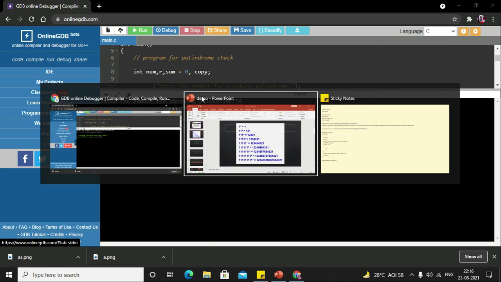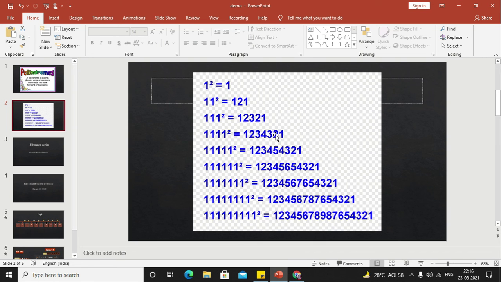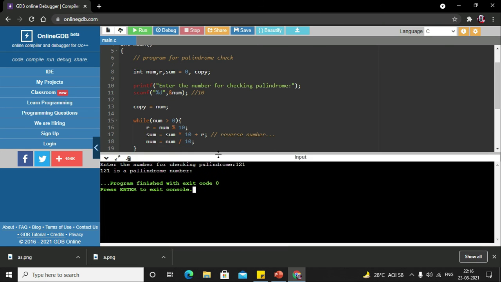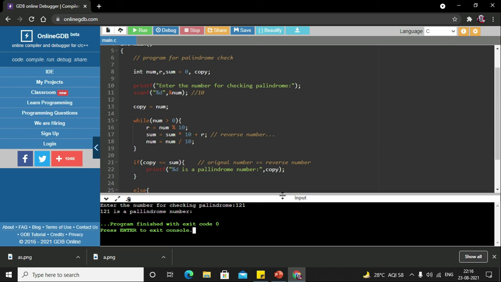So what example I showed you? I showed you 1, 2, 3, 4, 3, 2, 1. Let me check this. I'll run again. And what is this? 1, 2, 3, 4, 2, 1. So is not a palindrome number. Why? Because I wrote 1, 2. Okay, let me write again. You can go for anything, 1 2 1. You just check random numbers. See, 1 2 1 is a palindrome number. So like this, you can debug or you can check your console.